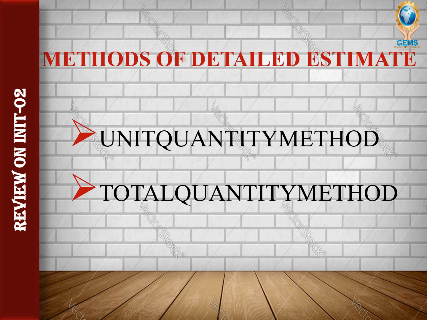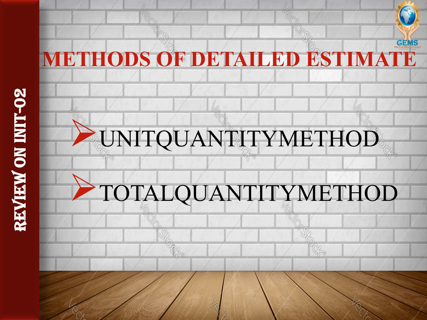In the unit quantity method, before getting the quantities and rates from the similar structures, we need to consider five things: price, location of site, soil conditions and foundation conditions, and the number of units in the similar structures. So before getting the quantities and rates from a similar structure, we need to consider these things. This is the unit quantity method.